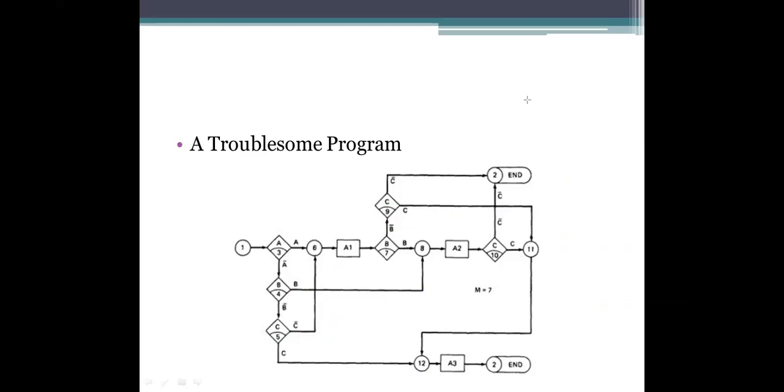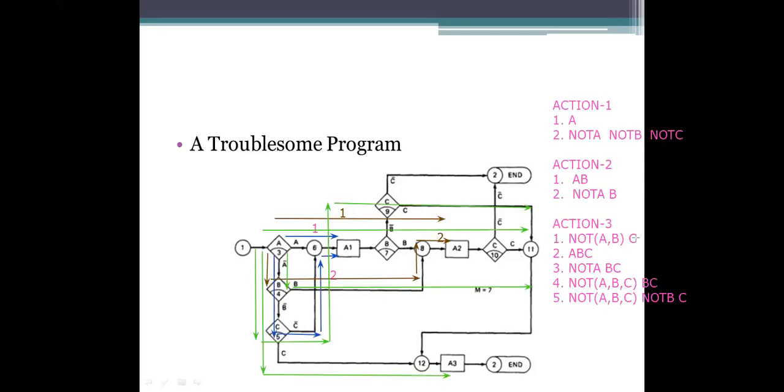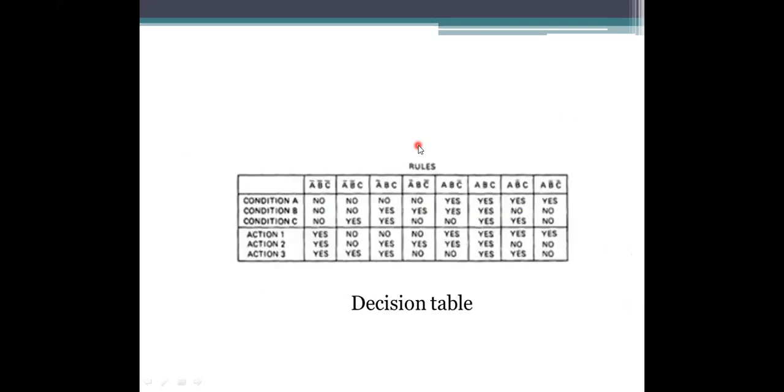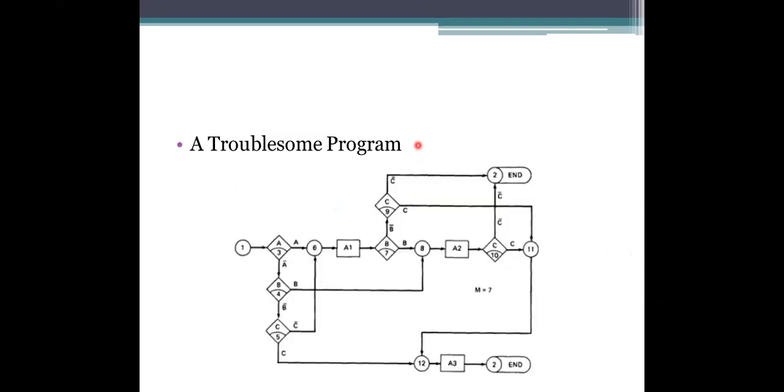So here what is the problem? Here each and every action is involving the values of not A, B, C. Each and every action, if you see, not A, B, C values been covered, but the truth values of A, B, C not involved. That is the simple problem here. So only the false values of that one has been covered, not the truth values has been specified. So for this is the decision table. Here we didn't mention any rules here.